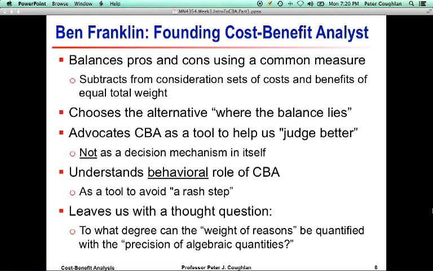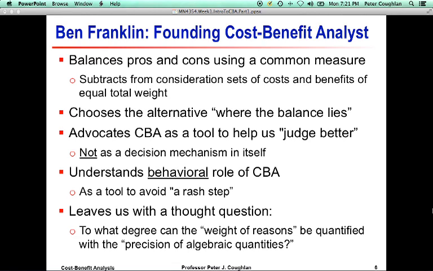It's also important to note that he talks about this as, although an imprecise tool perhaps, a tool that helps us judge better, quote unquote. It's not a decision mechanism in itself. He's not saying that you do the analysis and whatever comes out, that's your decision, right? But it does help you make a better judgment, right? And that's how cost-benefit analysis, again, is not a decision methodology, it's a decision input, or a tool that is an input to decision-making. He also points out the behavioral role of cost-benefit analysis as a tool to avoid a quote-unquote